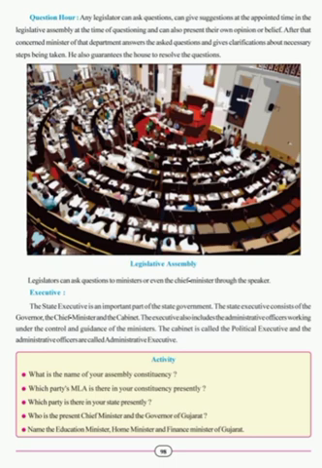Students, there are a few questions given here in the activity box. Let's solve those questions. The first question is, what is the name of your assembly constituency? The name of my constituency of legislative assembly is Padi. Second question is, which party's MLA is there in your constituency presently? At present, you can say Bharatiya Janata Party is there in my state, and MLA Kanubhai Desai is appointed here in Valsad.